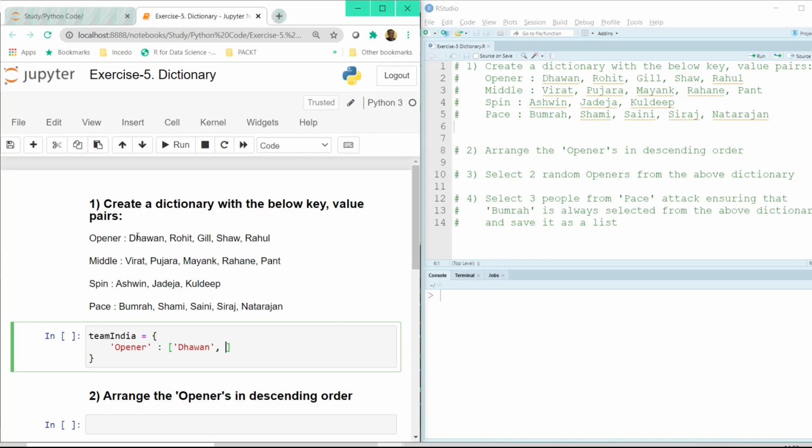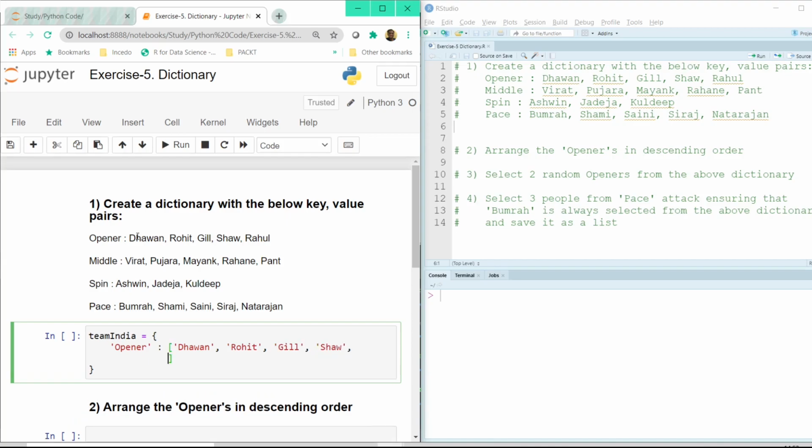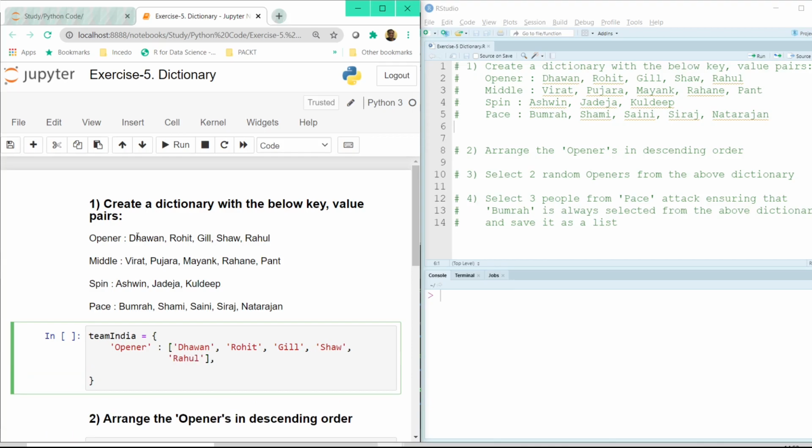So we have Dhawan, Rohit, Gill, Shaw, and Rahul. All right. Similarly, for the other key value combinations, we have to follow the same process.